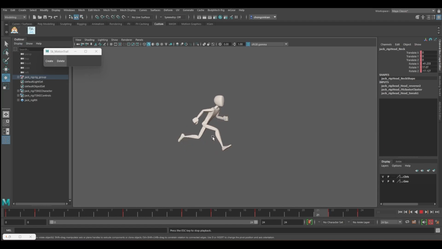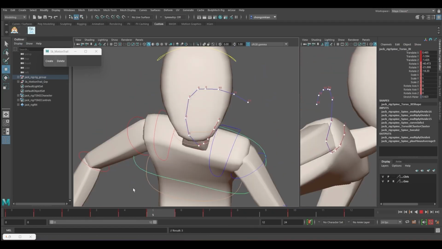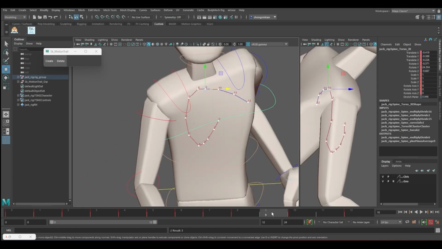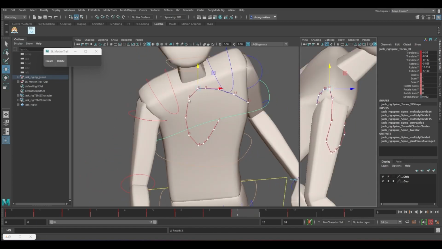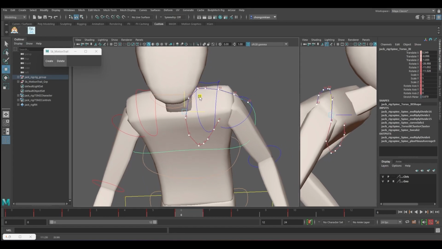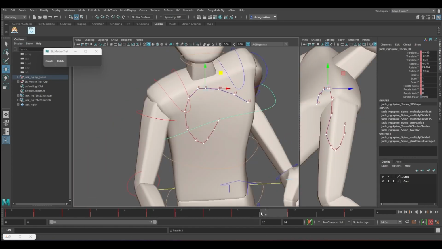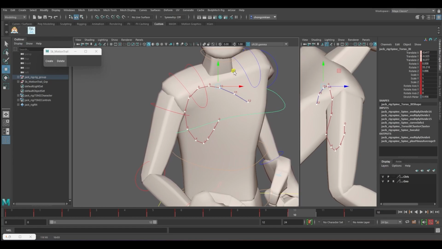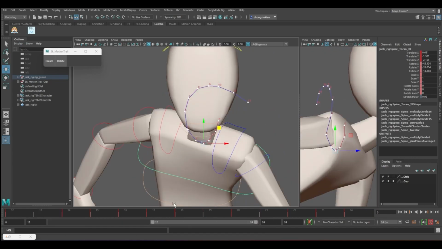Last time I went through with you how to do the run cycle, and I did a lot of polishing work and used a lot of motion trails, how to clean up the curve and how to make the spacing more even, ease in, ease out, all this. So now I'm going to go through in detail one of the scripts that I use.